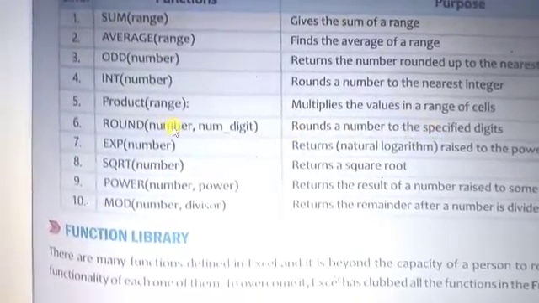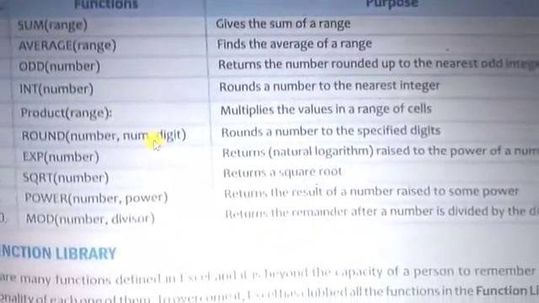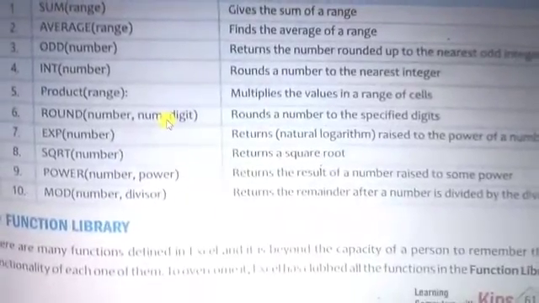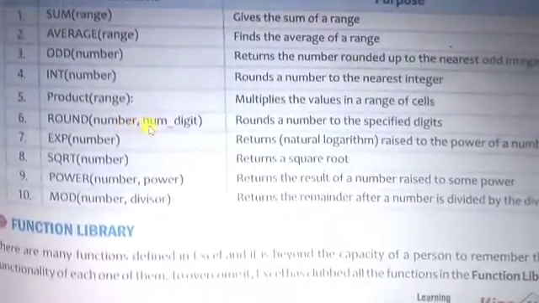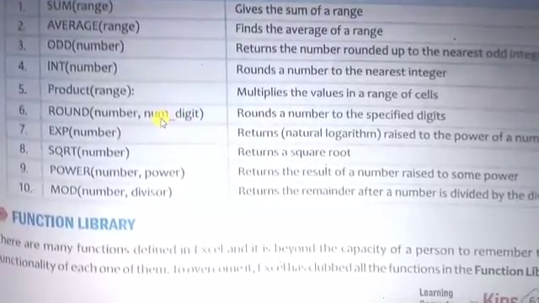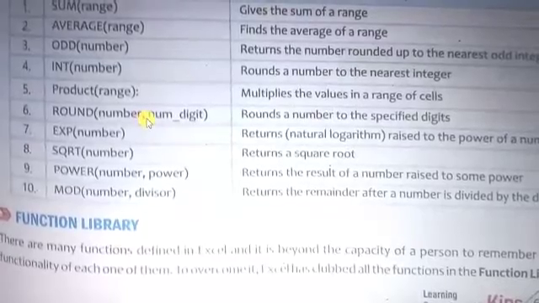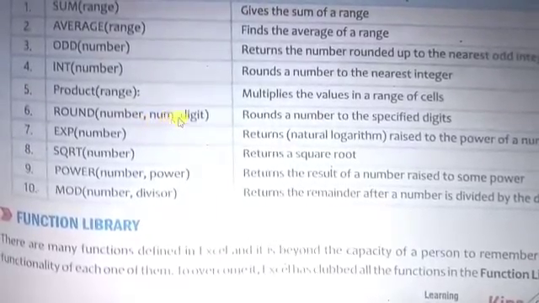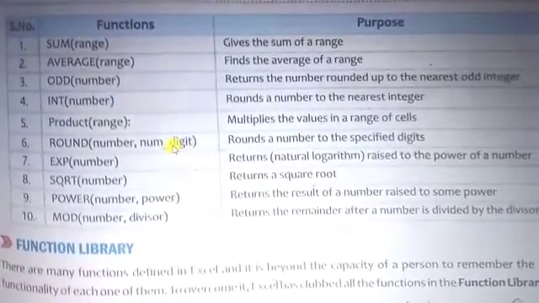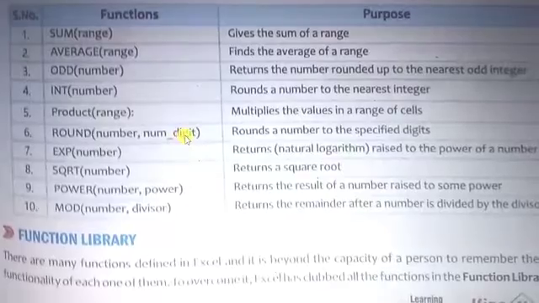If you use this kind of function on the decimal part, you specify how many digits you want to round to. Suppose you have 10.37 and you round with 1, it gives the output 10.3. If you round with 2, the output is 10.37. Whatever num digits you mention, it performs the rounding operation. It will be displayed very clearly in the practical demonstration.